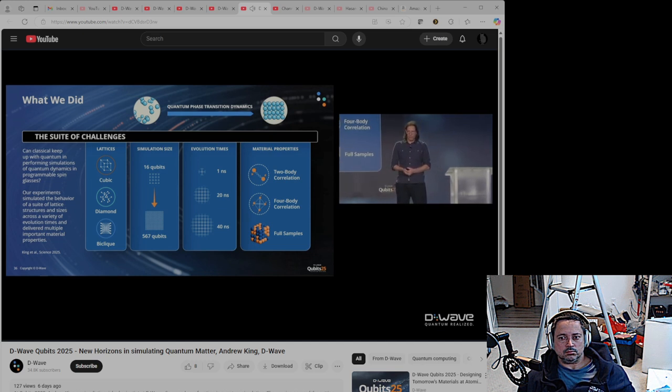So what we did in this paper, and now I'm talking about the Science paper that came out a couple of weeks ago, we did more than is just on this slide. We actually did, now that I'm counting, six different lattices. We did one-dimensional, just as a reference in the back matter. We did two-dimensional, and we did three different kinds of three-dimensional lattices, and we did biclique lattices, which are infinite-dimensional.